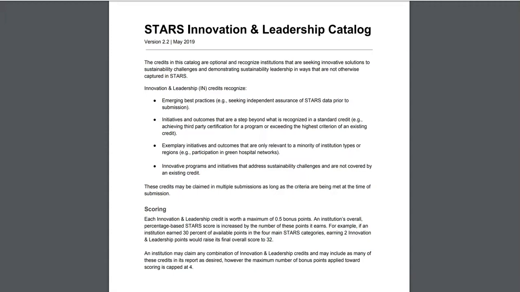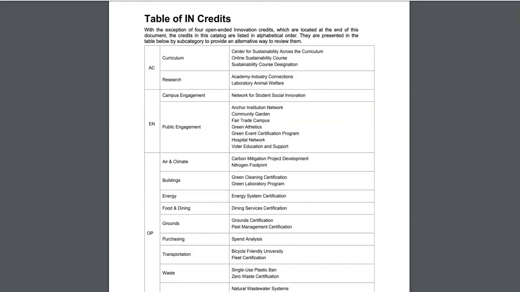The exemplary practices can all be found within the catalog of options. If you take a look at the Innovation and Leadership catalog, you'll see that these exemplary practices are organized by the STARS subcategory that they address, whereas the Open Innovations can address any topic. We've added a lot of new exemplary practice options in 2.2, but keep in mind that this section is completely optional, so many of the EPs will not apply to your institution. Don't feel like it's expected that you pursue a large number of these credits, and since they're optional, they must